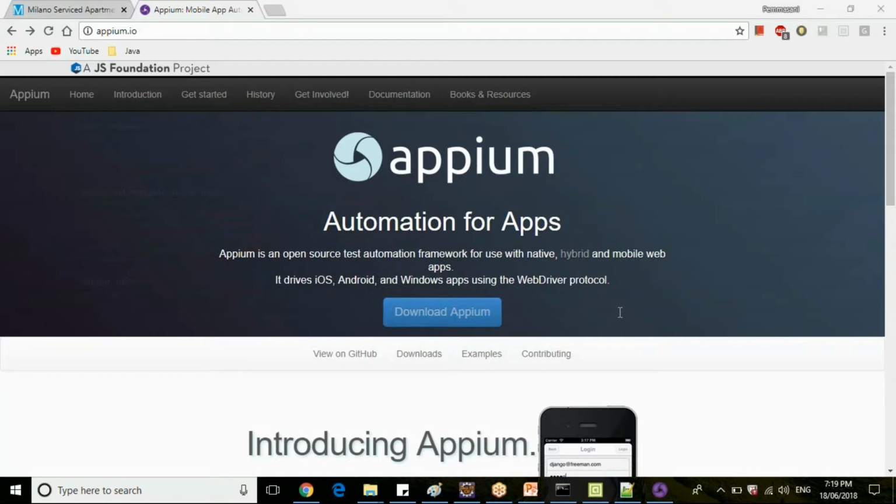What are Selenium client libraries? Okay, what is language bindings? Selenium language bindings or the APM language bindings?